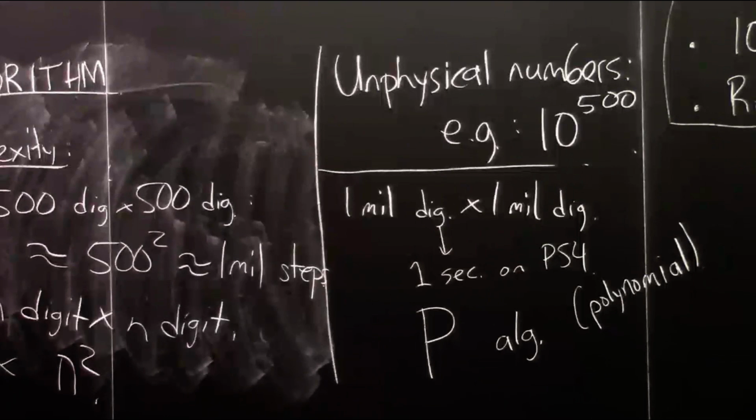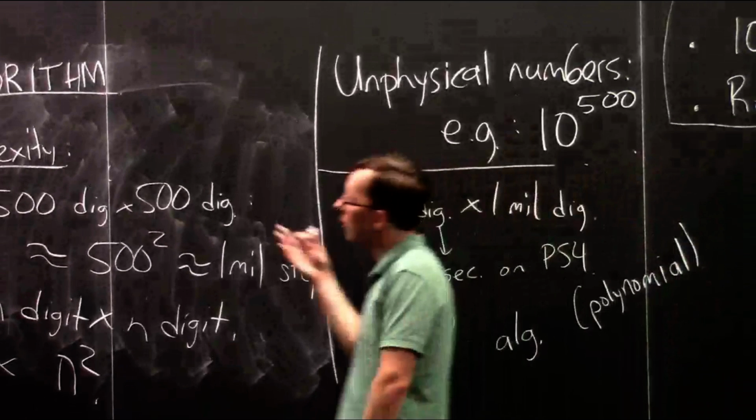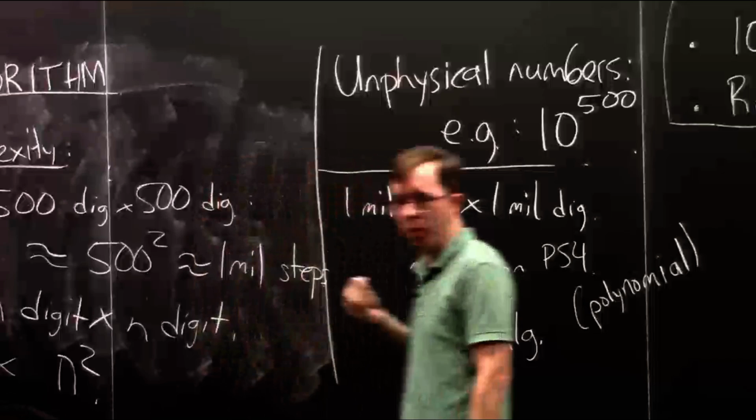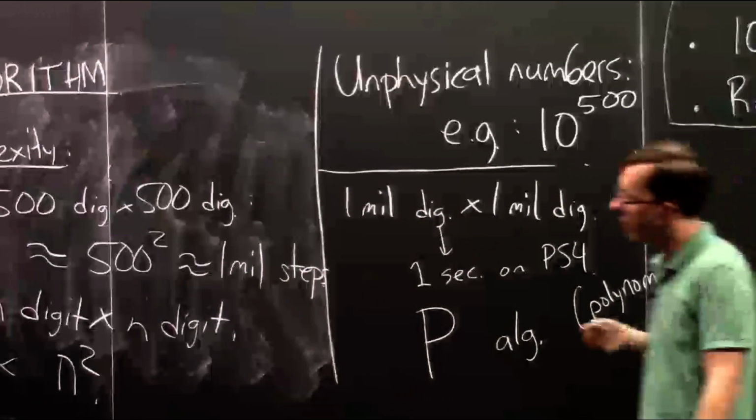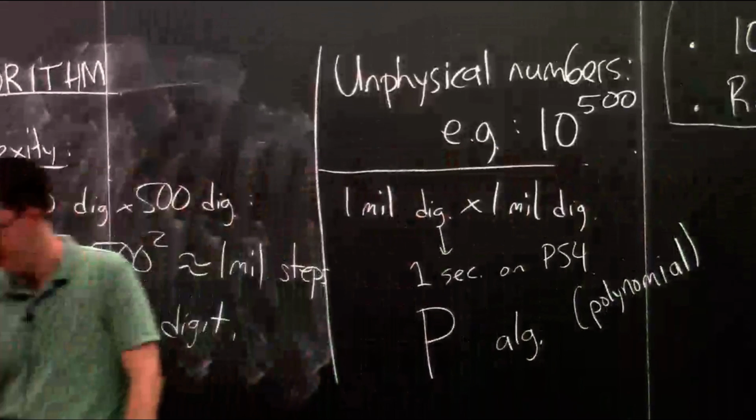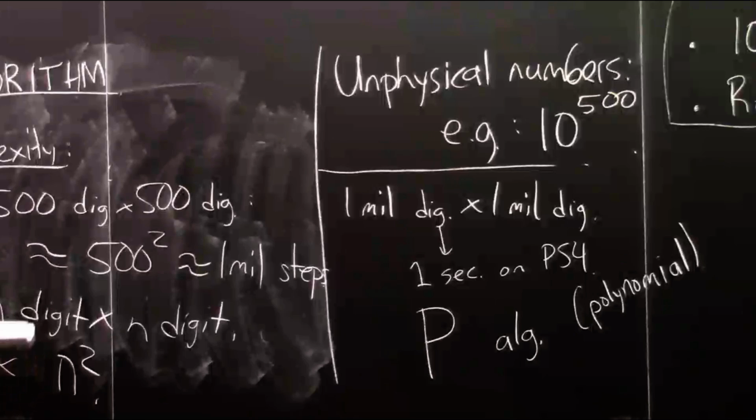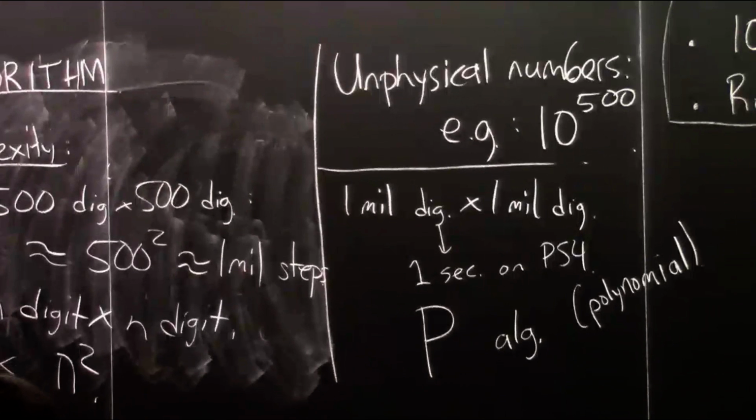So that's one thing that computational efficiency and complexity is concerned with. Another thing it's concerned with is asking always, is there a better algorithm? So let's think about that. I mean, this is fine, 1 second on a PlayStation, but we prefer it even faster, or better if we could. One might ask, is there a faster algorithm?